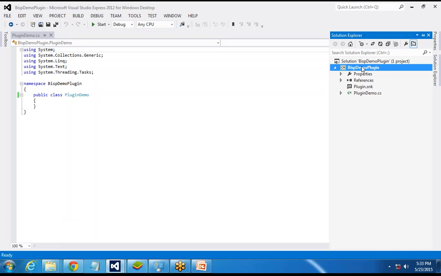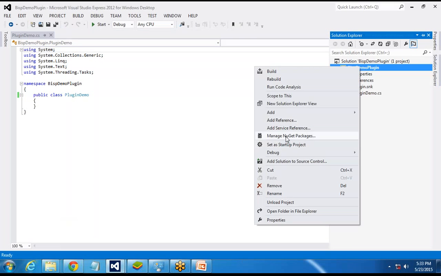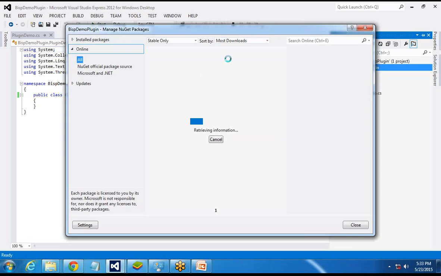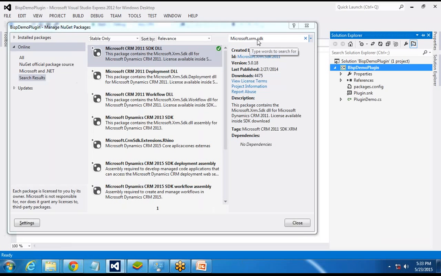or we can right click on it and click on manage NuGet packages, and here I can search for Microsoft XRM SDK.